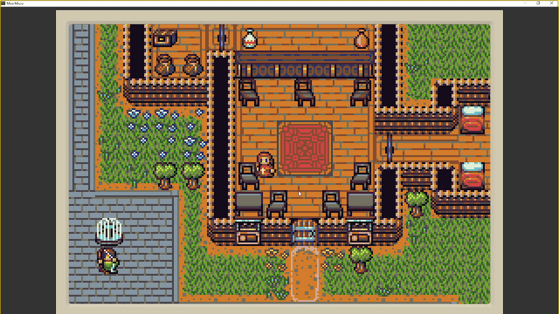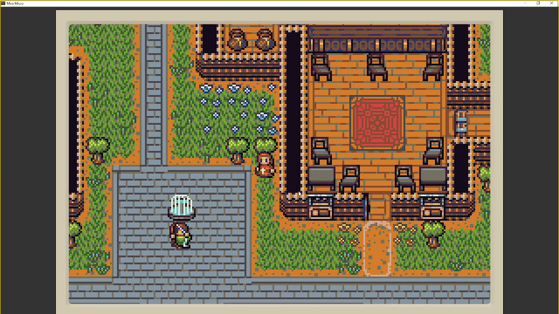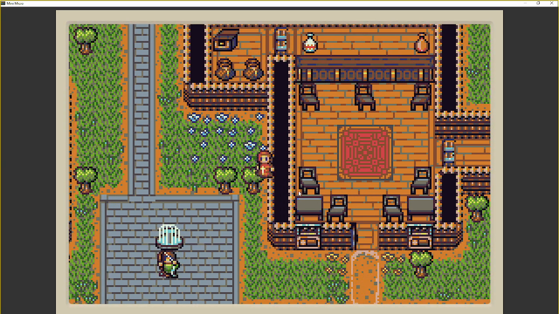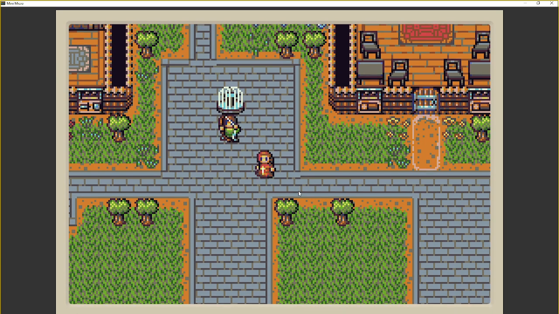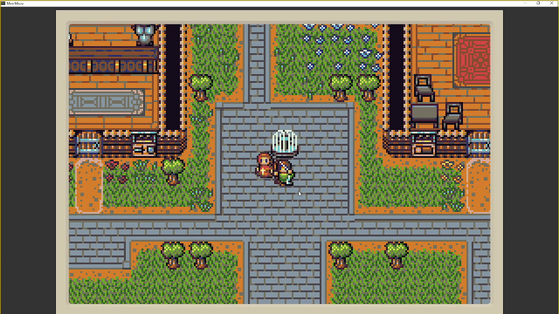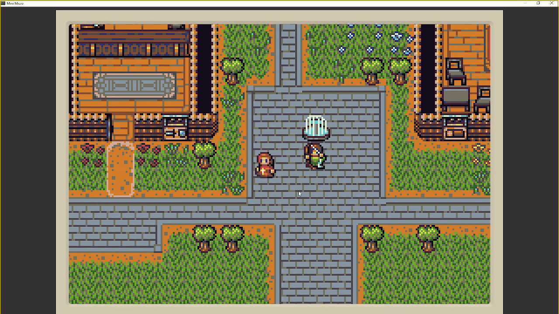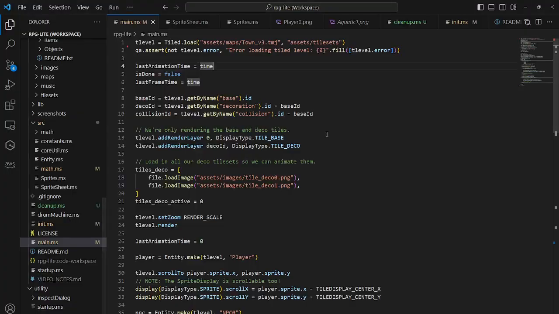And you can see we have our player we can move around. You can still walk through walls, which I hope to fix today. And we have our little NPC where you can cross over by the fountain. So, if we go back to the editor,